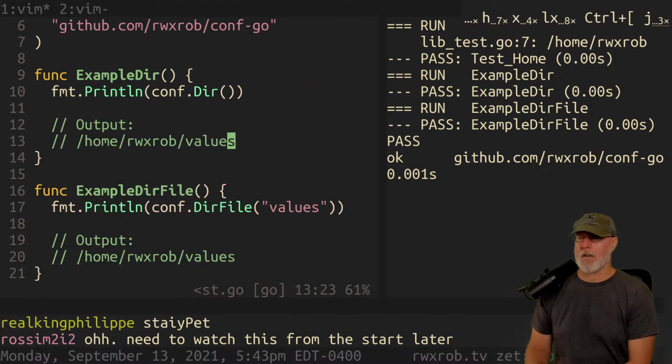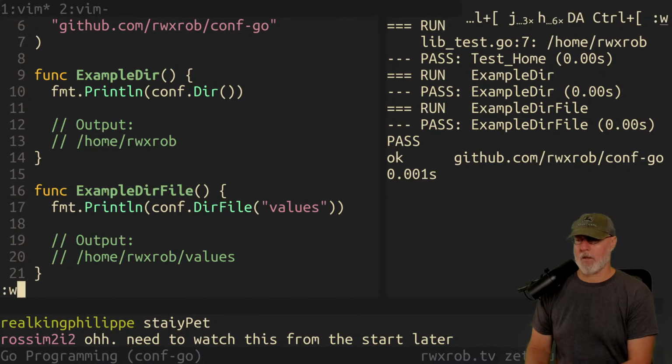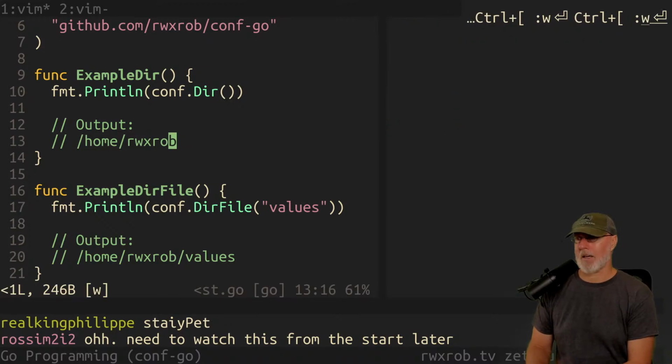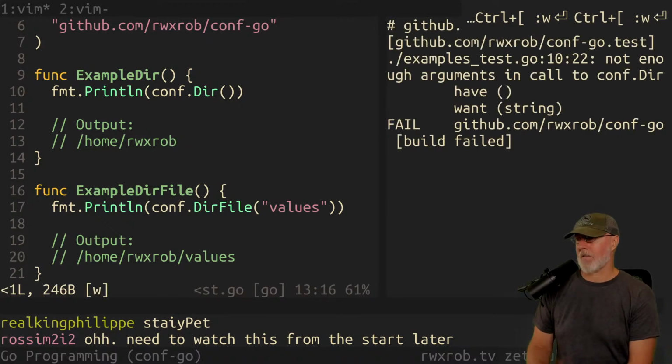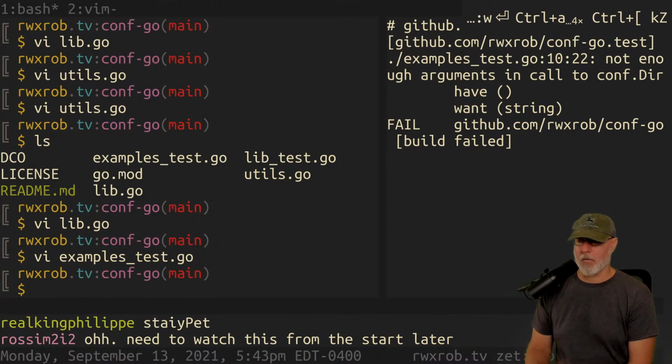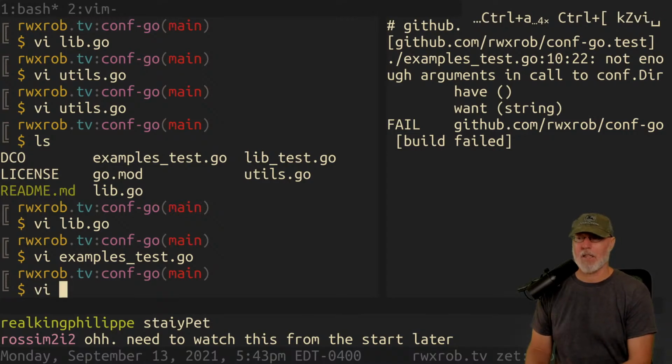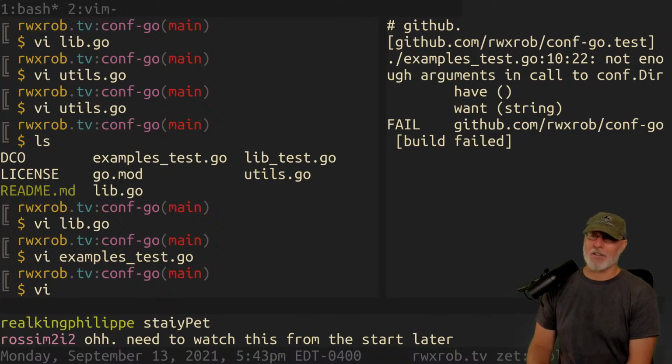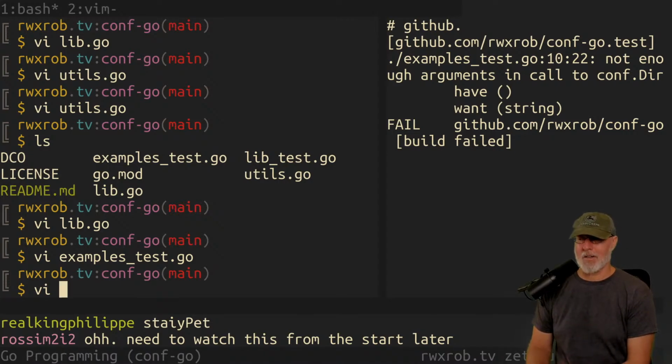So we're going to do that. We can say make this values and that should actually pass. Not enough arguments to dir. Oh, right. We need to change that back again. People ask me all the time, why do you close files and reopen them? And I say, because it doesn't take me any time to do it. They say, yeah, but it's so much wasted time. It isn't. Sometimes I'll have it in a different window. I'll have the testing going on in one window and I'll have another, which is probably the way to go. Let's do that.